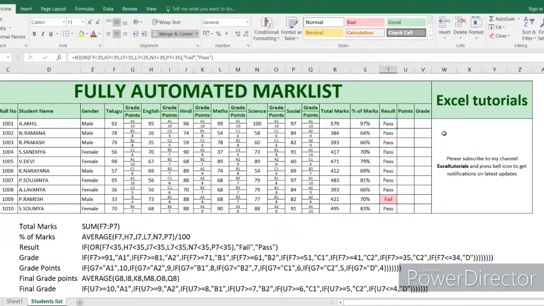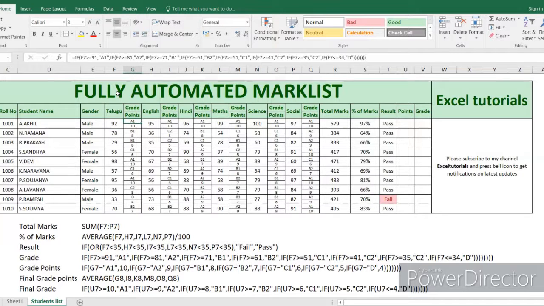Then the final grade points. Here we have to know what the grade point is for the specific subject.